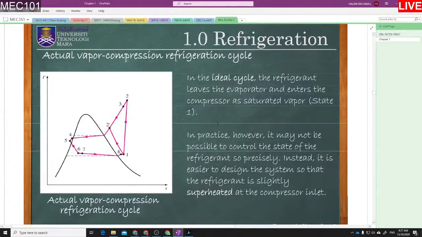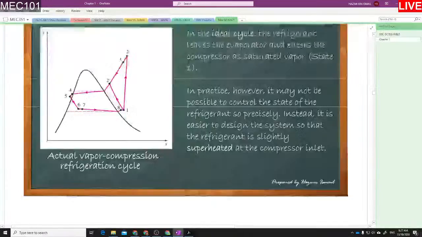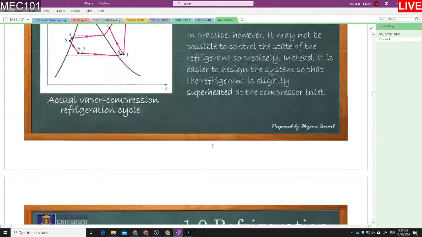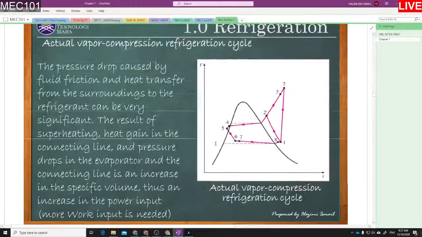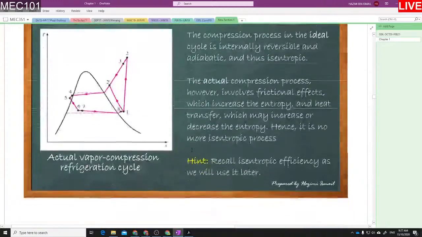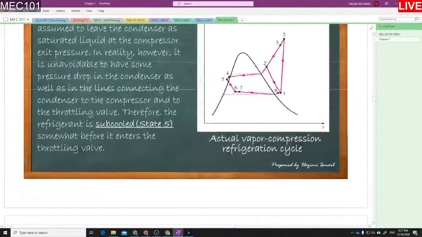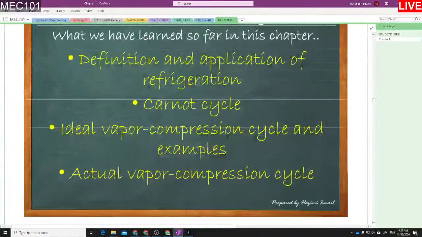Okay, awak baca lebih dalam satu-satu. Maybe you want to know more, you can find extra info from this slide, or maybe from the books, or any other legit information source in the internet. Okay, saya cuba ni panjang sangat, nanti awak baca sendiri. Saya akan, kalau ada masalah, so awak tanya saya. So